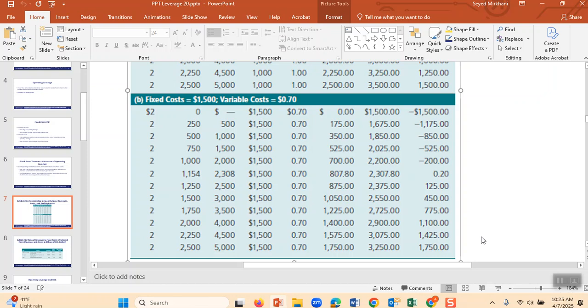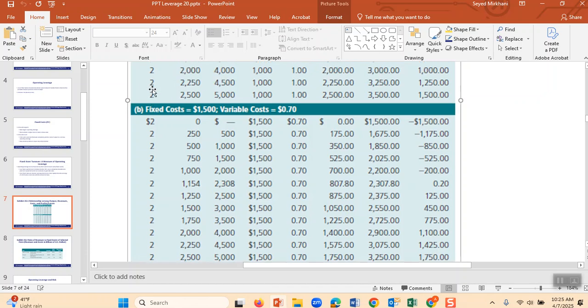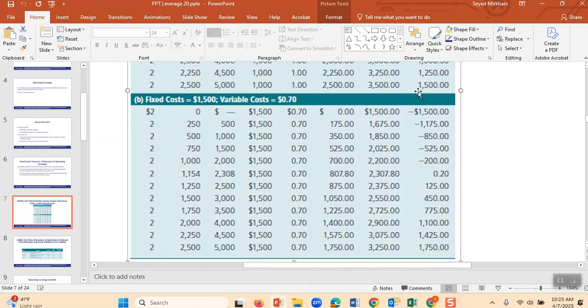But let's look at the very last line. In the case of this one, when it sells 2,500 Big Mac, it makes $1,750. In the previous case, it had to sell 2,500, and then it made only how much? It made 1,500.